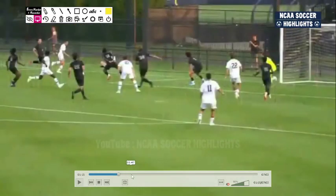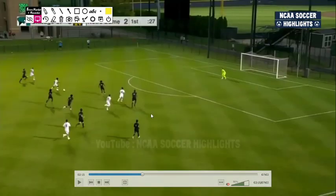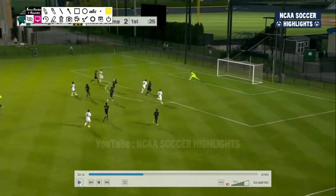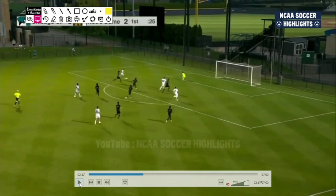Let's head on to the next goal. The third goal of the game. Keeper rushes out. Not much he could do there, but the fact that